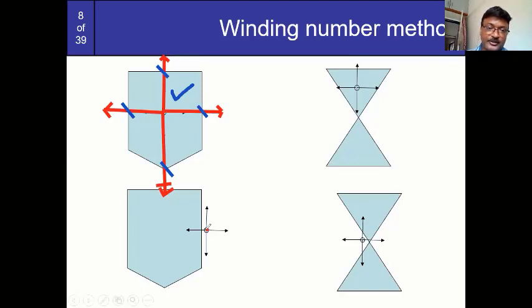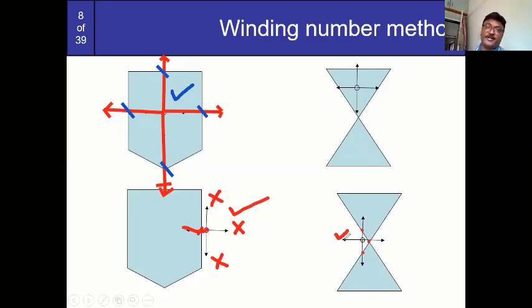So see, this is the point that I consider outside. Only this edge, my x minus edge, is going to intersect over here. This edge is not going to intersect, this also is not going to intersect, and this also does not intersect. It means this point is outside the polygon. Here also the same factor: only three edges are intersecting, and this is not intersecting, which means this is outside the polygon. So this is called the winding number method.